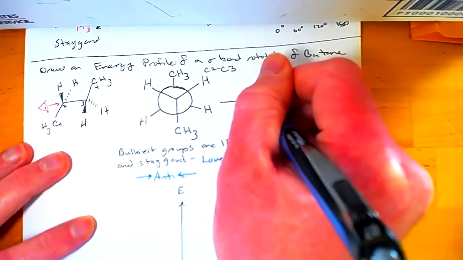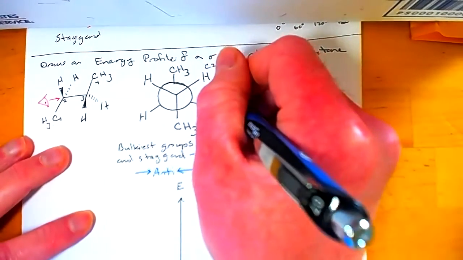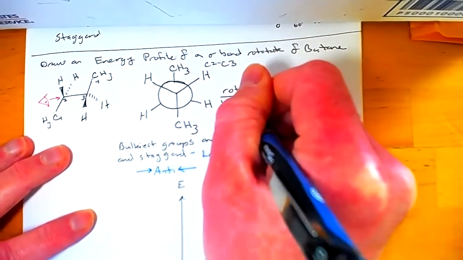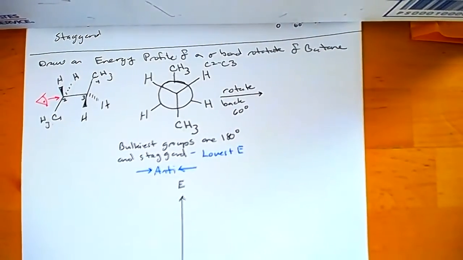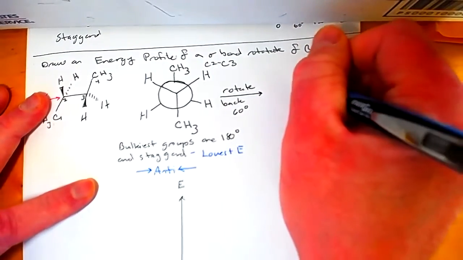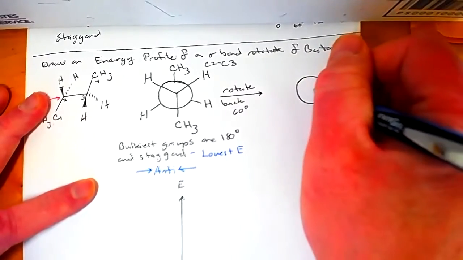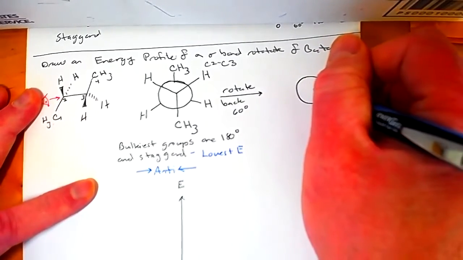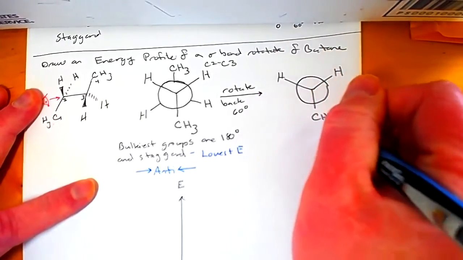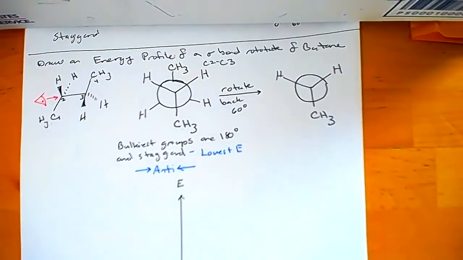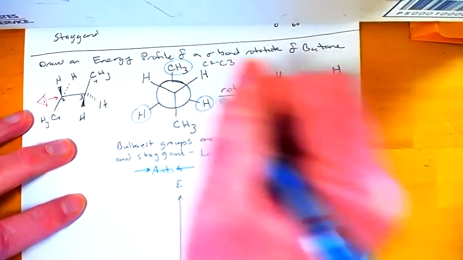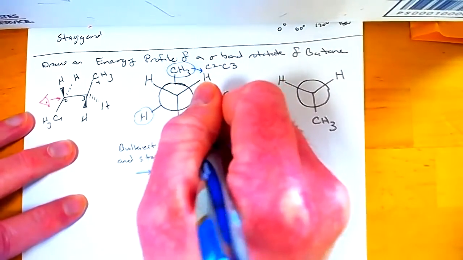All right, now if we were to go ahead and do some rotations here, okay, so let's do that. Now I'm going to do exactly what I did a moment ago with ethane, and I'm going to rotate the back 60 degrees, okay? And I'm going to draw out what that Newman projection looks like. Okay, so I've got my front all staying the same. Now my back groups, I'm going to go ahead and draw those in blue so you can see those better. So I'm going to rotate all of those